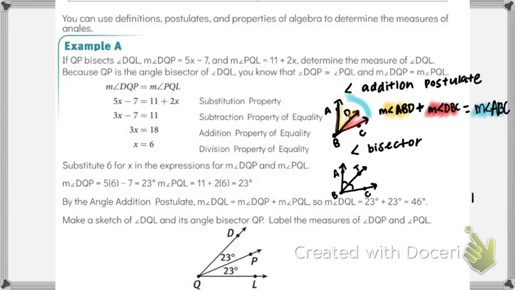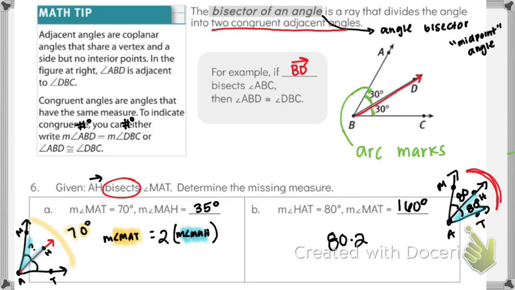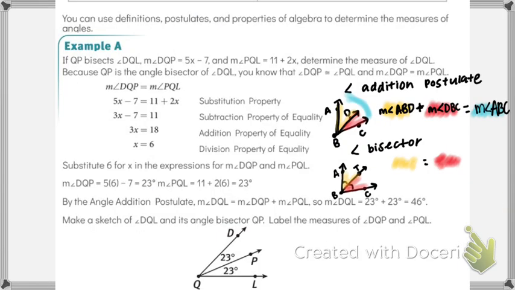Now, with angle bisectors, much like how we did midpoint with segments, where we talked about how the two pieces that were made were the same, these two pieces right here are the same. So yellow equals red. Remember the next thing that we talked about: in order to find the other one, sometimes you can just take double of it like this. So same thing here, if I want the full thing being this,